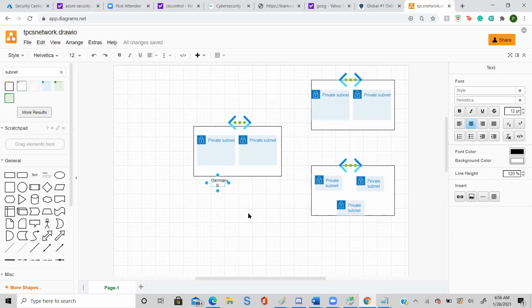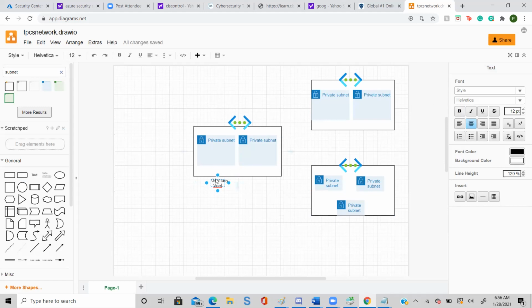VNet. Perfect. Now just make it a little bit bold. On the right hand side, you see there is a B button. On the extreme right hand side, yes, click bold.